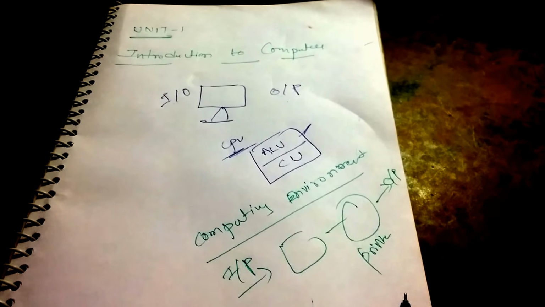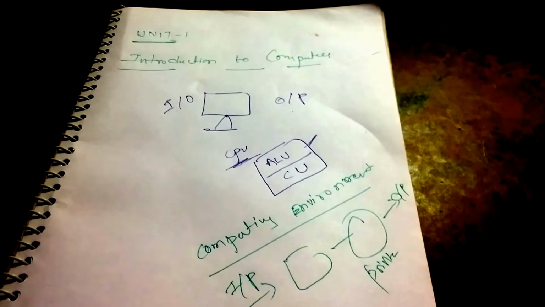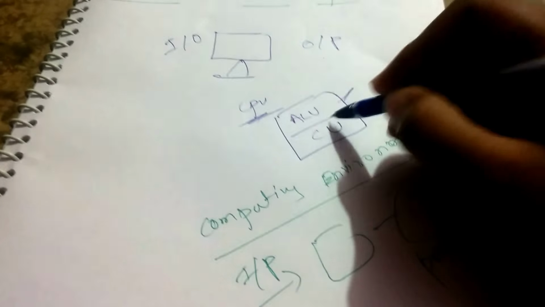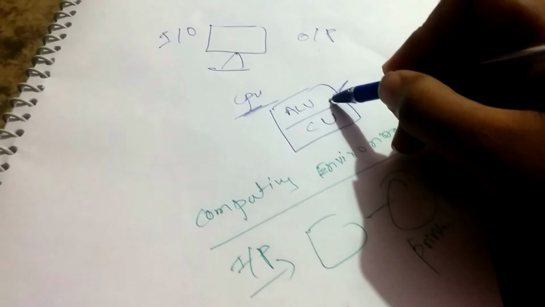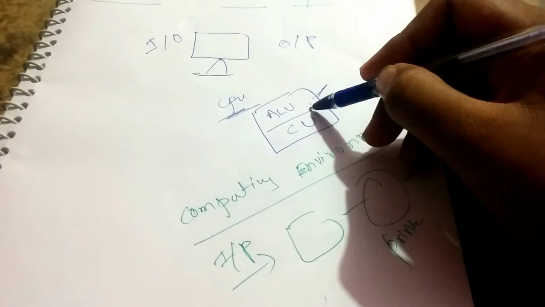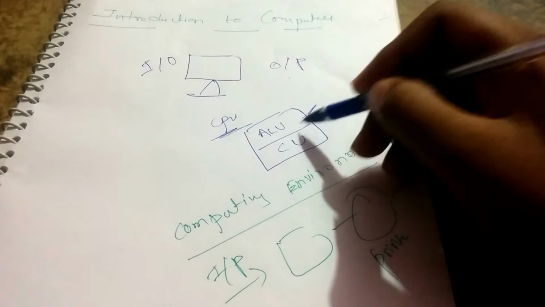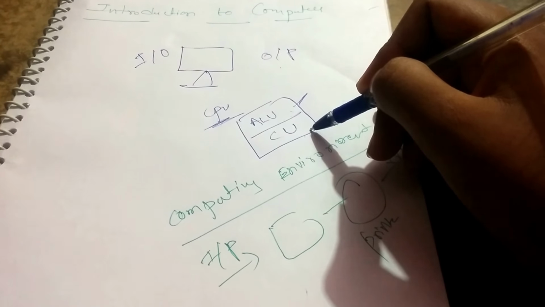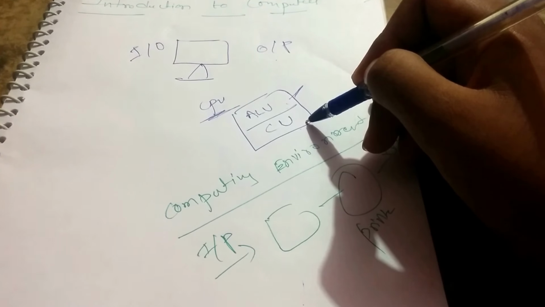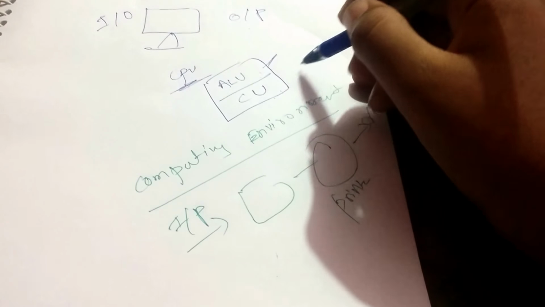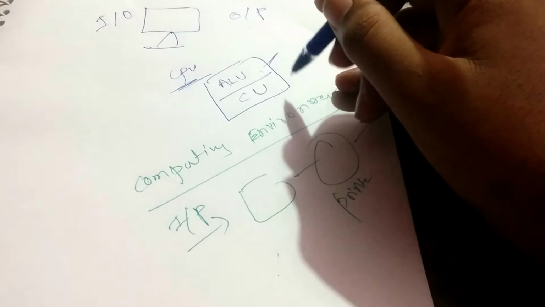And a computer has something called a processor, which is also called the central processing unit. The processor has two units. One is ALU, the other one is CU. ALU is arithmetic and logical unit, and CU is control unit. The arithmetic and logical unit performs all the mathematical operations in the computer, and the control unit controls all other units within the processor. The control unit controls the arithmetic logical unit and the memory unit and any other device of the computer,